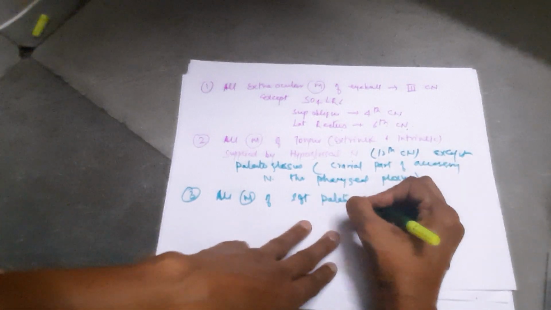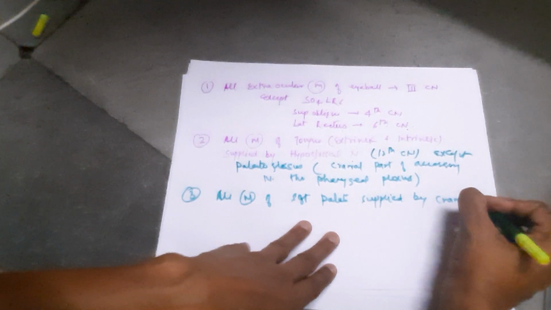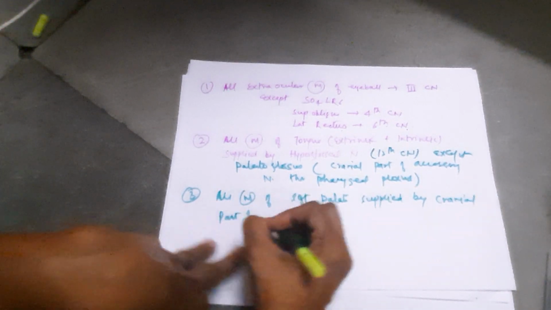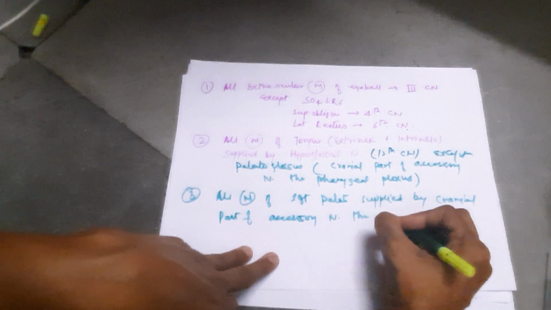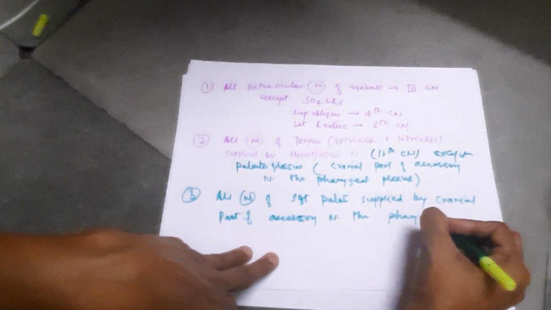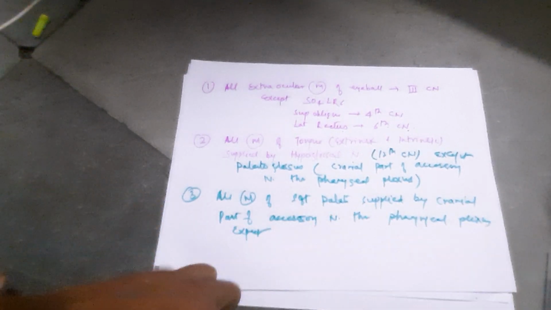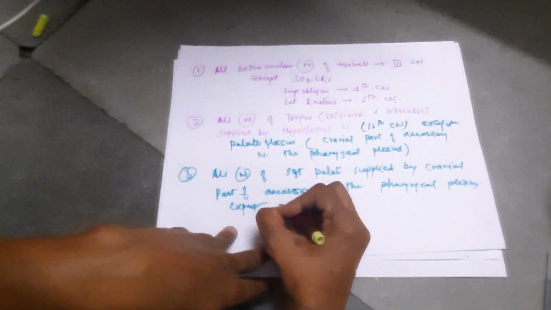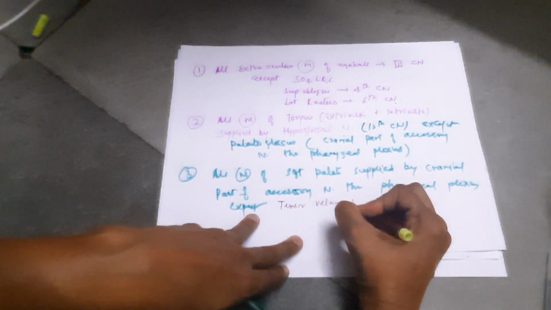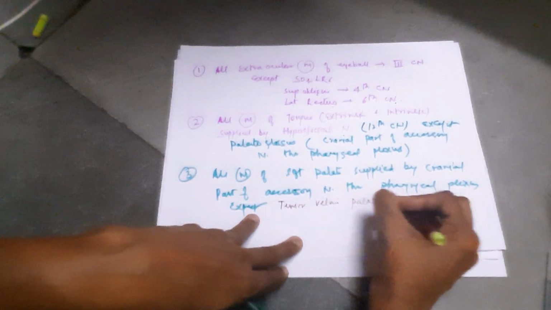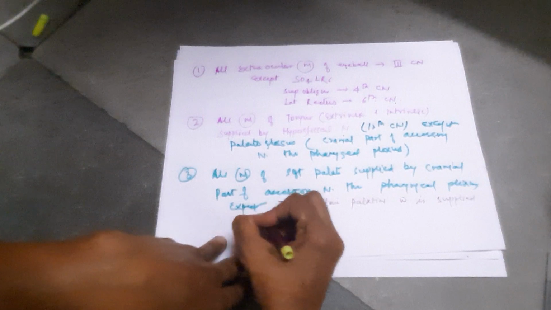Number 3 point, all muscles of soft palate supplied by cranial part of accessory nerve through pharyngeal plexus, except which muscle of soft palate, tensor veli palatini or tensor palati, which is supplied by which nerve,